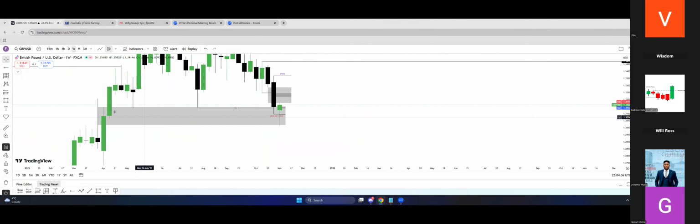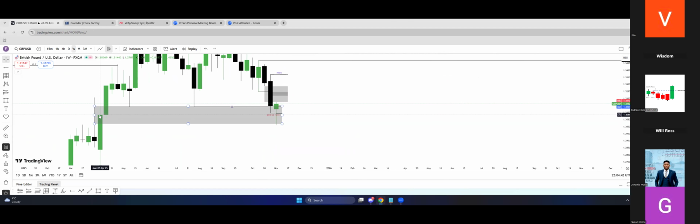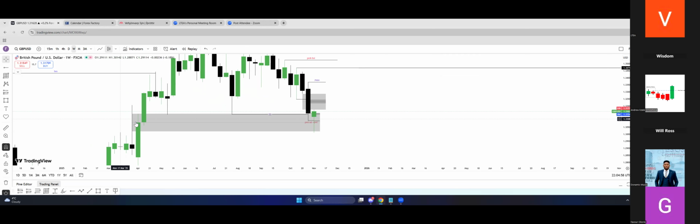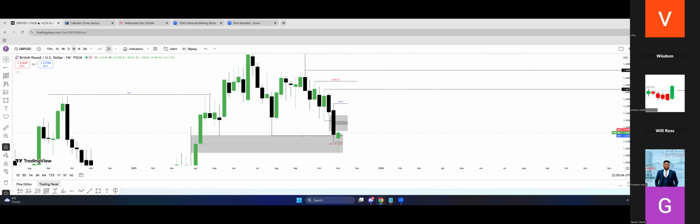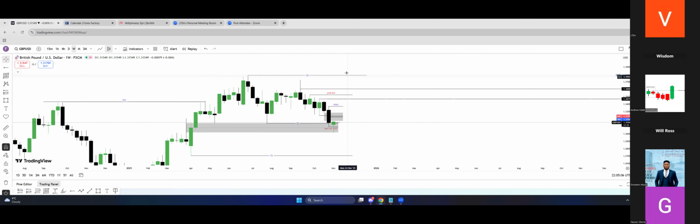I just wanted to show you why price is moving back up from the higher time frame perspective. Right here, you might not see anything apart from this OC level, but there was a bigger picture inefficiency right here. That's why I take you back to the monthly and the 3 months time frame, for you to know that it's not just this OC level. There was other inefficiency right here. So price can just decide to move all the way back up. There is nothing wrong with that.